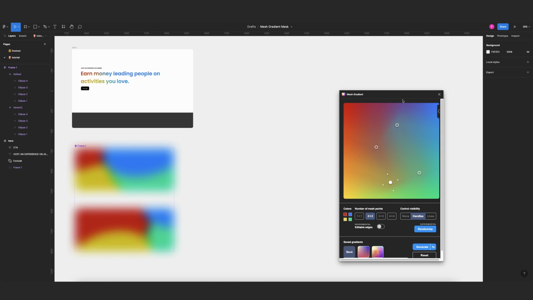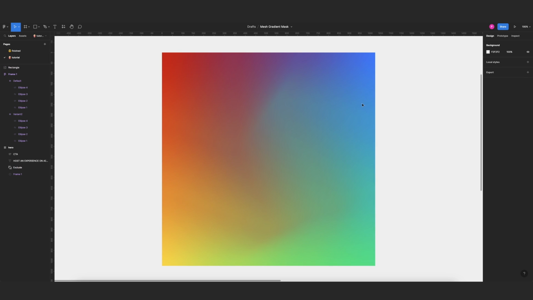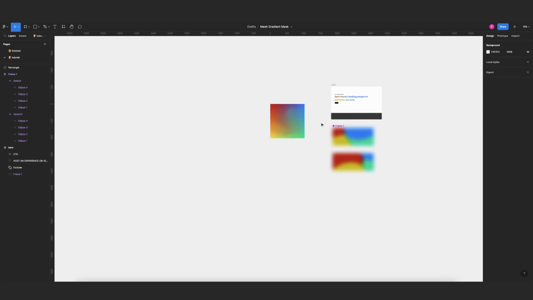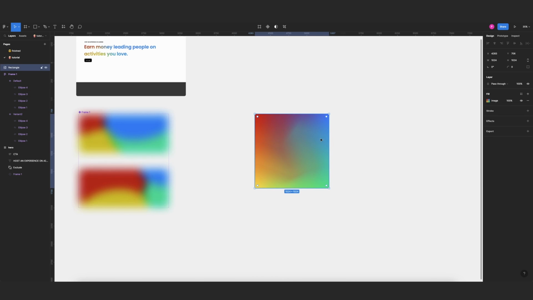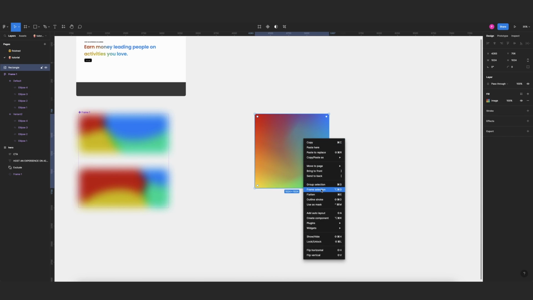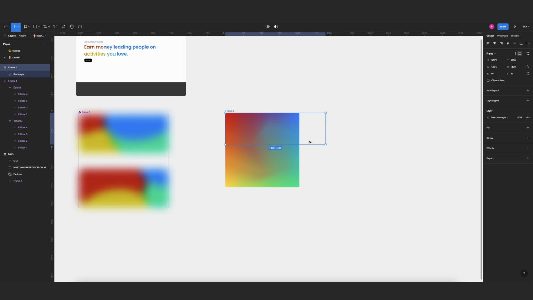Once you have something that you like, you can generate the image. So here I will generate a little bit bigger, so I will choose 2x and we'll generate it, and that will create a PNG of the mesh gradient that you create. And now we need to put this under a frame. I'll choose frame selection and I'll change the size of this one, maybe like this. I'll try to make it as similar as possible to our manual version,